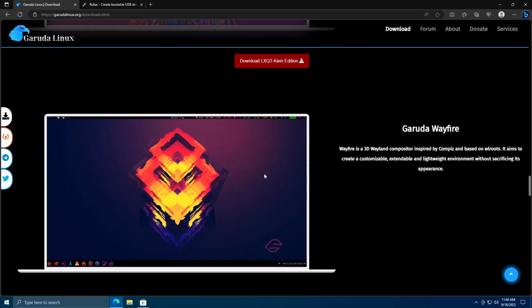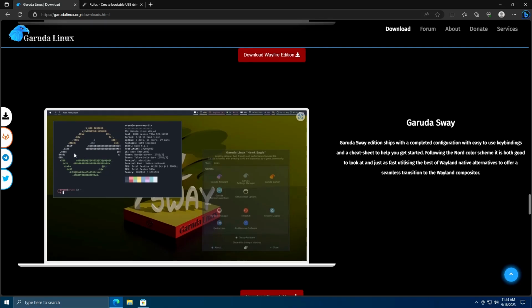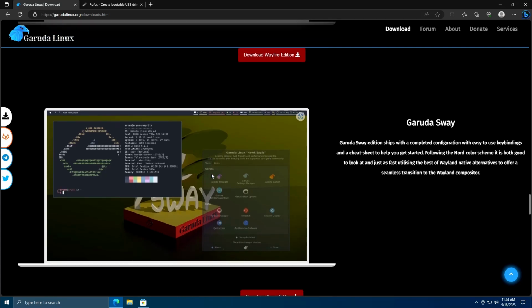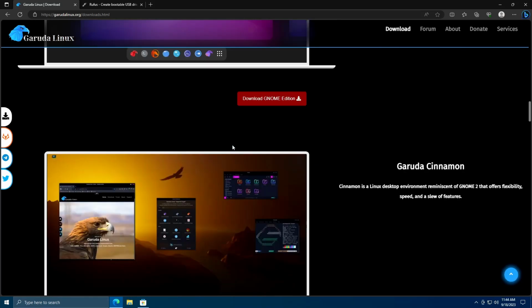And then there's more down here, but these are the more complicated desktop environments. Like technically this one's called a window manager. This is something totally different. I'm gonna make a video on window managers eventually, but not anytime soon, because I myself don't even use a window manager. They're very, very power user, but